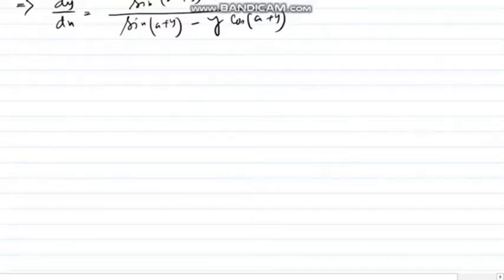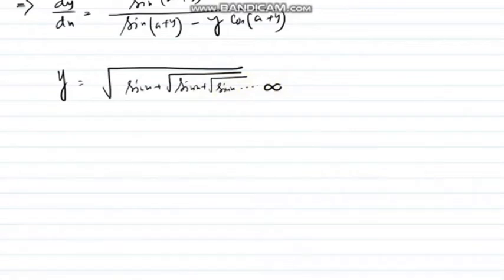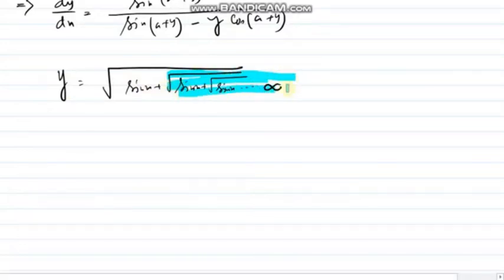One more type of problem we have under this type of thing. Suppose y equals root over of sin x plus root over of sin x plus root over of sin x, and this thing is going to infinity. Don't be scared, these are the easiest sums. Just check, as y equals this thing is given, can we write this part as also y? Same thing, root over of sin x plus root over of sin x going till infinity.